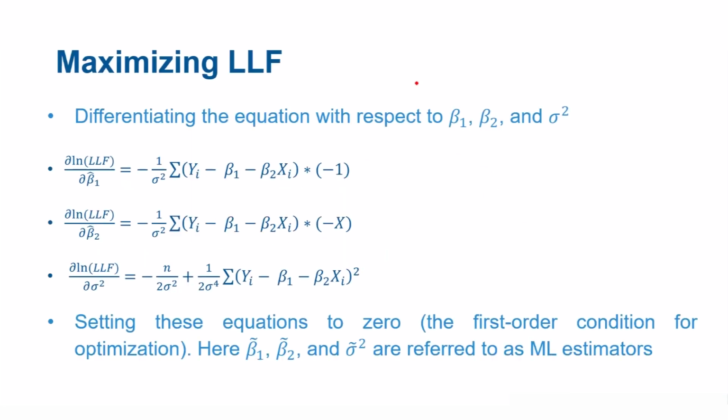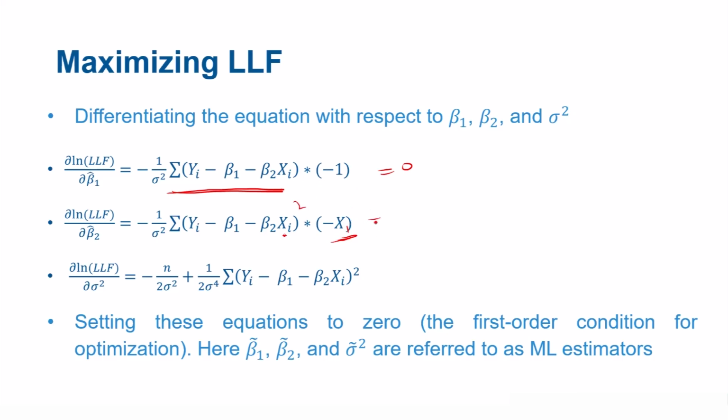So let's see one by one. First we differentiate with respect to beta 1, pretty simple. We'll get this function, we'll put it equal to 0. Similarly, we differentiate with respect to beta 2. We'll get another x here because here you have xi and there was a power 2. So you'll get this one,